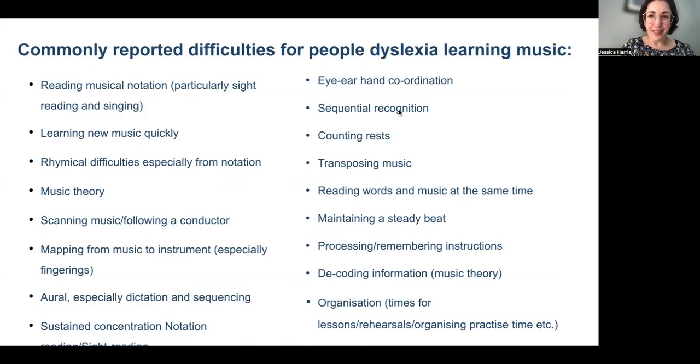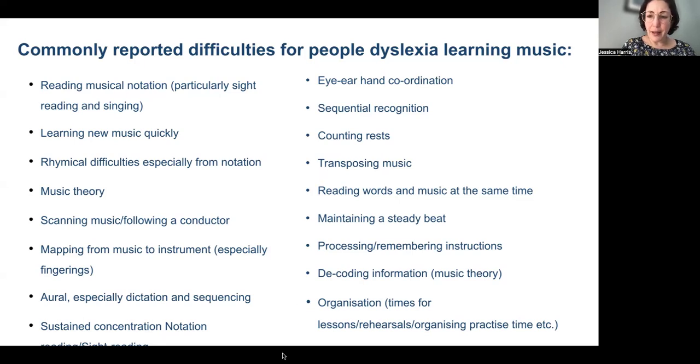So these are some of the areas in which dyslexic learners of music report some challenges. Reading musical notation, particularly sight reading and singing, learning new music quickly, rhythmic difficulties, especially from notation, music theory, scanning music and following a conductor, mapping from music to instrument, especially fingerings, aural, especially dictation and sequencing, sustained concentration, notation, sight reading and sight singing, eye, ear, hand coordination, sequential recognition, counting rests, transposing music, reading words and music